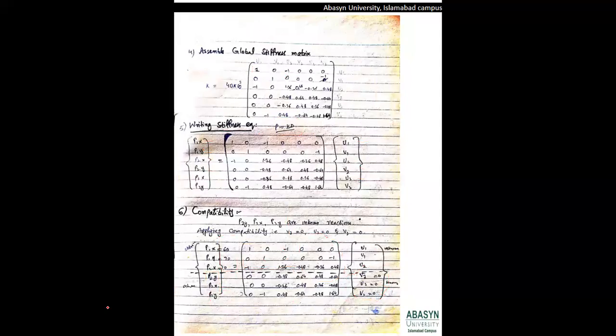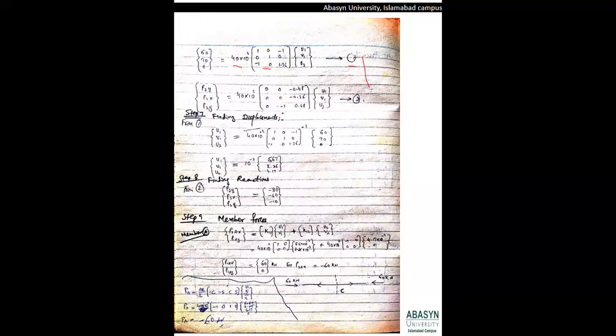In the next step, we are going to write these values, that is P2x, P2y, and they are going to multiply with the first three values of the matrix, and they will be multiplied with these values of the unknowns. There is no need to multiply these values with the rest, because they are 0, so it will ultimately come out to be 0. So we write this 3 cross 3 matrix of the global stiffness matrix and multiply that with U1, V1, and U2, and we call it equation 2.